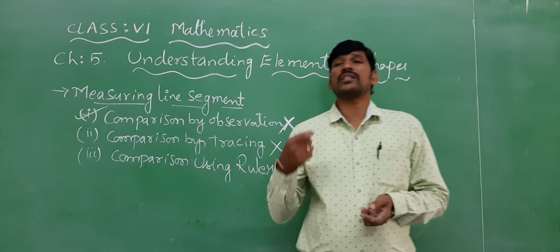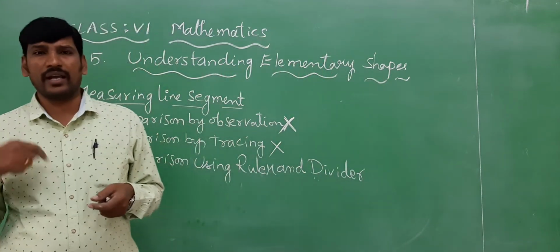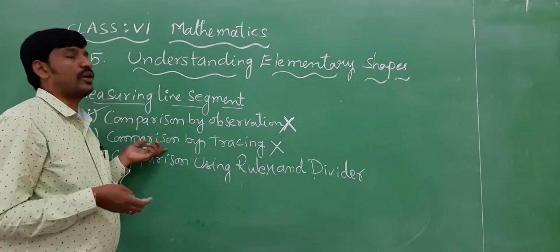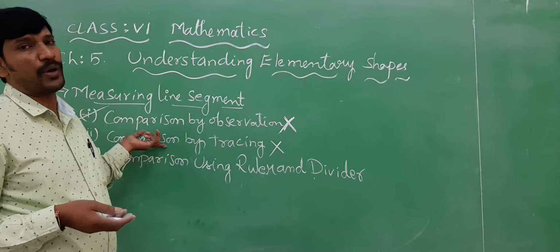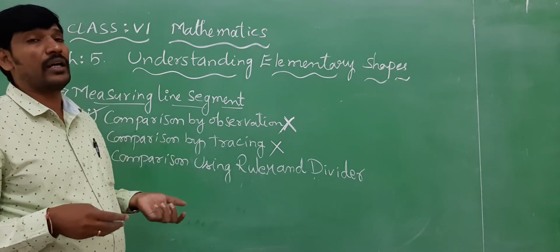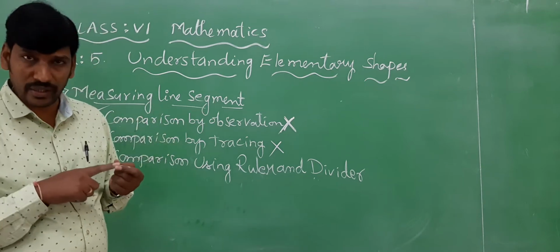Okay, to say which one is the longer one, you can draw all the line segments. You can draw them again and again. So this is a time taking process. It is also not working. It is also not possible, right? We may get some difficulty when we want to say, for the given line segments, which one is the longer one and which one is the shorter one.